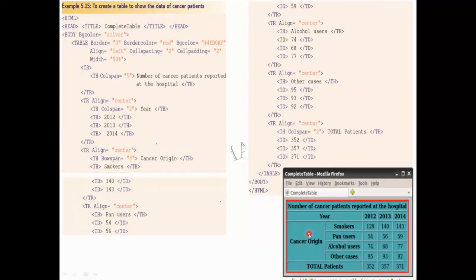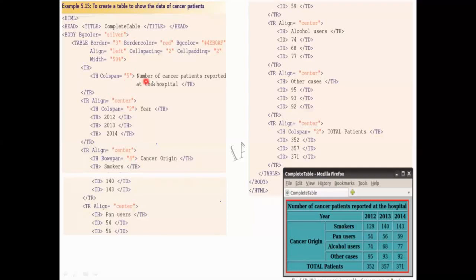But I have my columns here: 1, 2, 3, 4, 5. 5 columns are there. These 5 columns are combined together, and that is how I got the value of 5 over here.